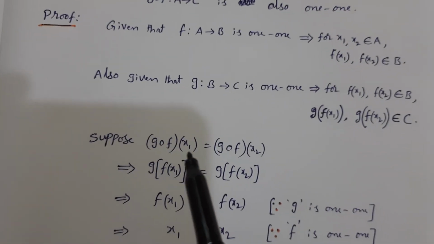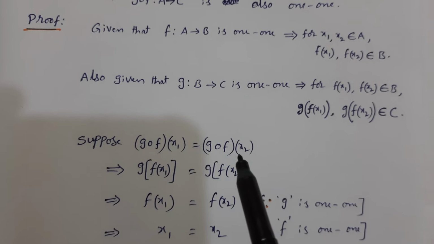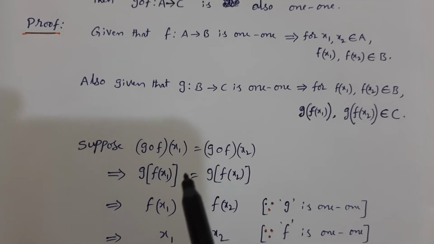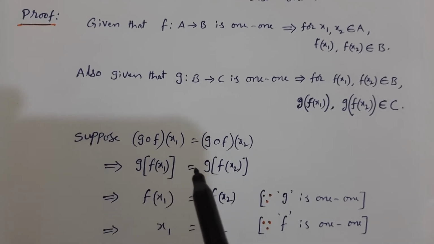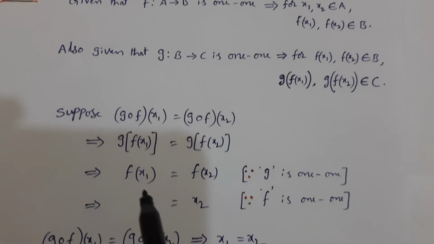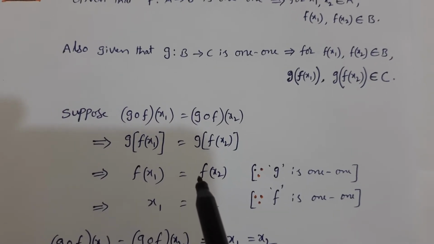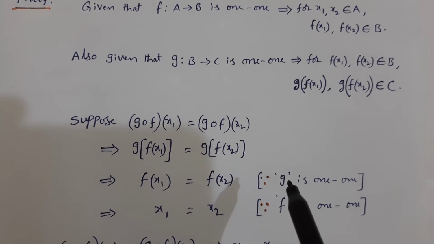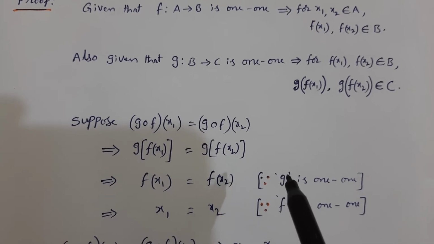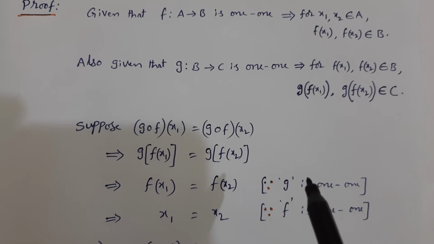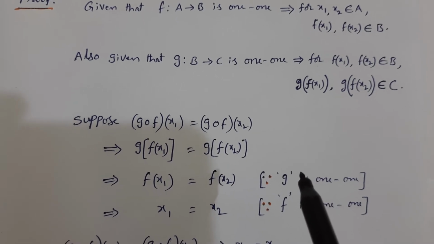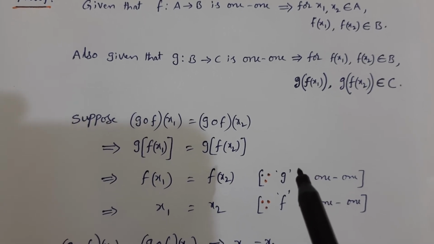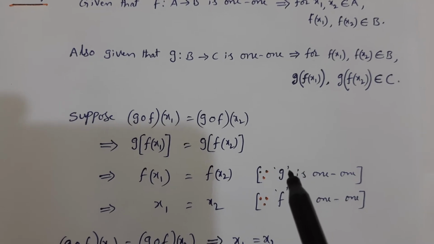Suppose (g∘f)(x1) equals (g∘f)(x2), that is the composite mapping. That implies g(f(x1)) equals g(f(x2)), so f(x1) equals f(x2), because g is one-one. What is one-one? The working rule: